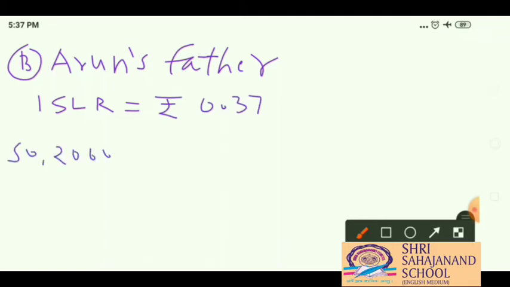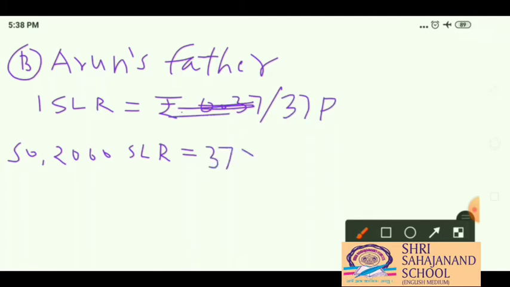So 2000 Sri Lankan rupees is equal to 0.37, and 0.37 means 37 paise. So let me write 37 directly. Here we can write 37 paise in the place of 0.37. So let me write 37 paise multiplied by 2000. Okay, so 37 times 2 is 74. And how many zeros are here? 1, 2, 3. So we got